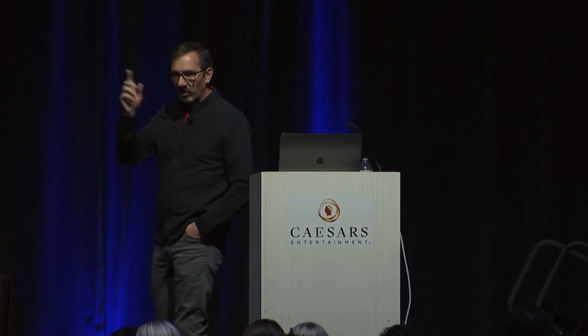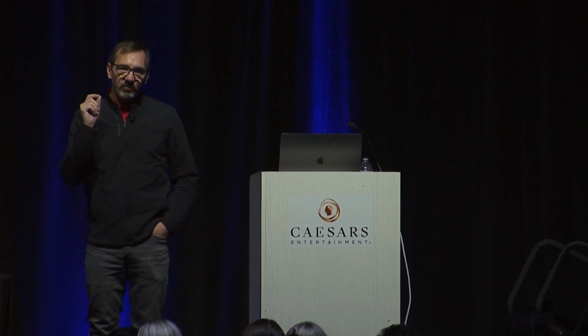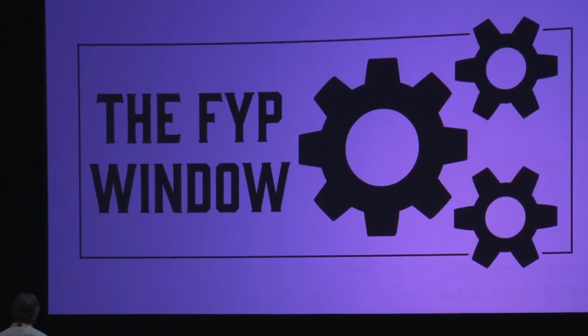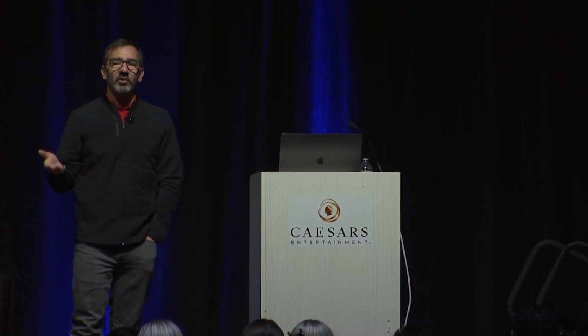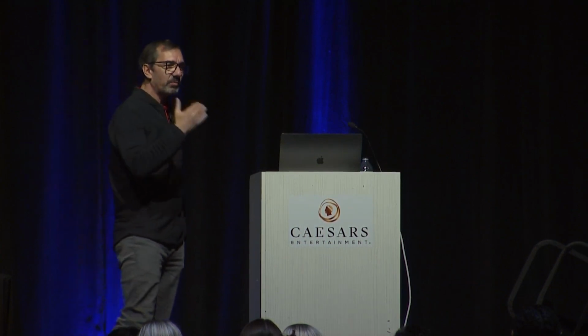Another aspect of the For You page, when you switch over to it and start scrolling through these posts that the algorithm is showing you, is that it's a really useful way of understanding what the TikTok algorithm thinks of you. Because it's only showing you things it thinks you're interested in, and when you create a post, it is going to take your post and try it out on people who like the same things as you, not your followers. So you need to be seeing stuff on your For You page that matches what you're interested in, staying in your lane. If it's cowboy romance, that's got to be the vast majority of stuff you're seeing.